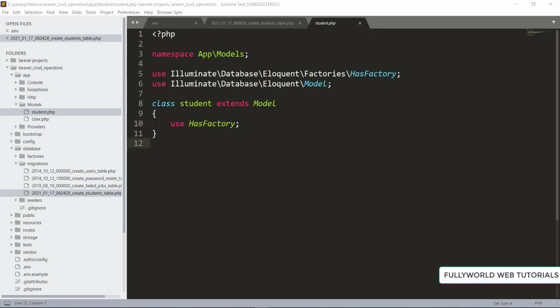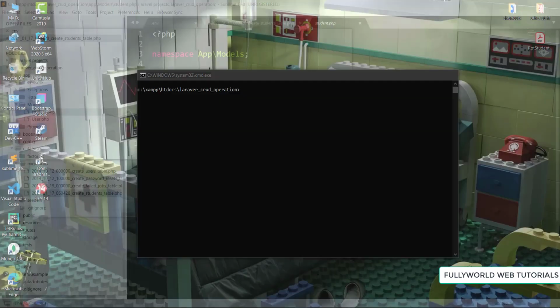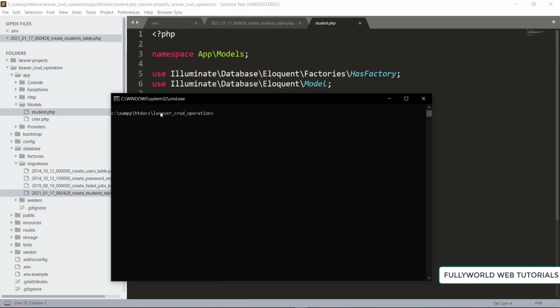Now we have to create our controller so we can work with the database. Here I am in the Laravel CRUD operation folder, and I will write php artisan, because artisan will do all the work for us, make:controller, and our controller name will be StudentController.